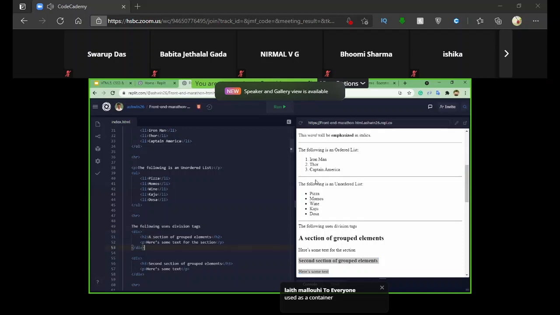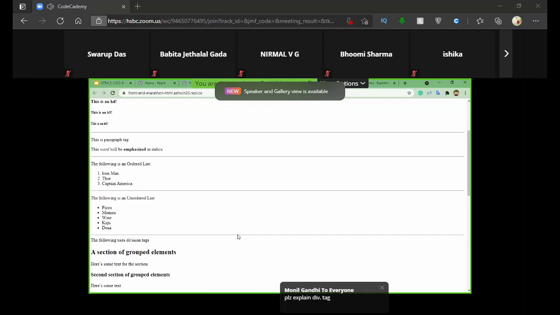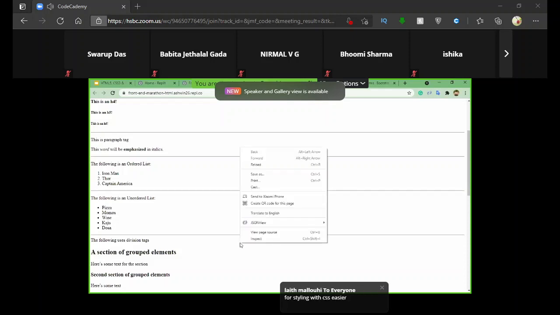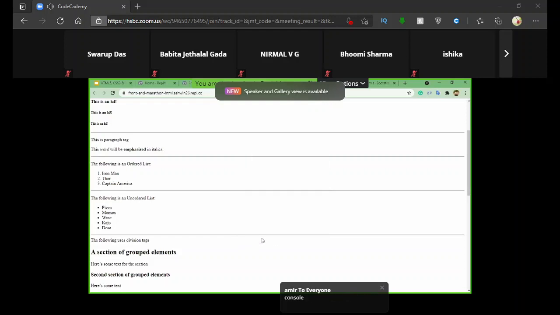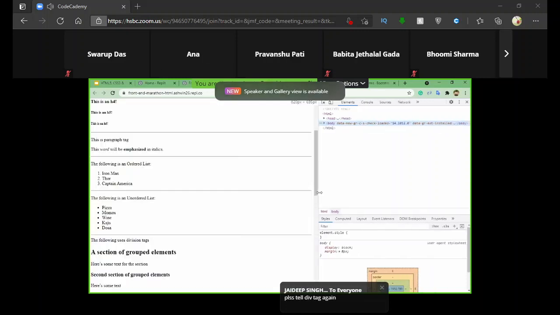Now let me show you some developer tools that you can use inside a Chrome browser. Everyone watch this carefully. When we right click on this browser, we have something called inspect, right? When you inspect this website, we can see the code over here as well.